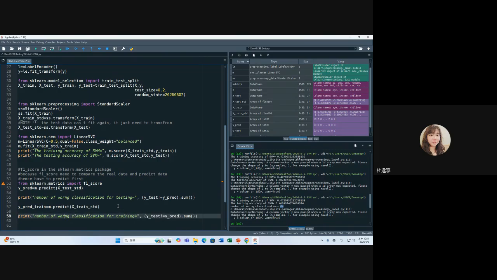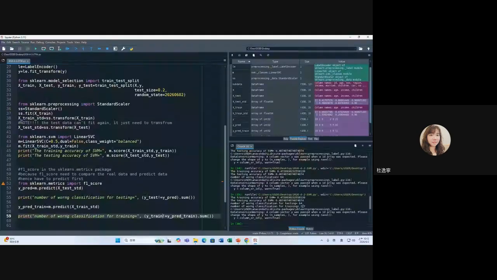Then it will be Y predict train. Yeah, and with the Y train. Y train not equal the Y predict train. How many? Oh, this is for 287 is a lot. So